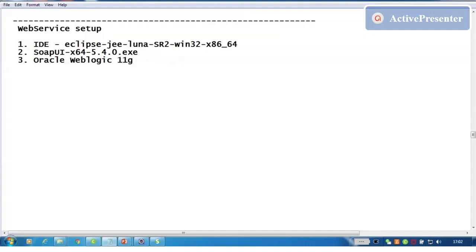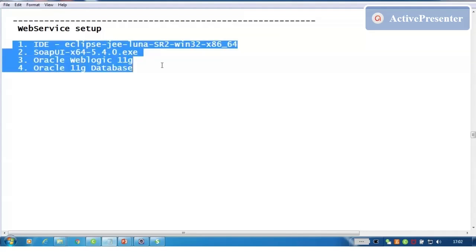Okay, so number 4 is that you have to download, you should have one database, Oracle. We're going to use Oracle database. So you can use MySQL database also. So since in our examples, we'll talk about Oracle database and see how web service is using database service communication. So these are the 4 things should be downloaded in all the system so that to